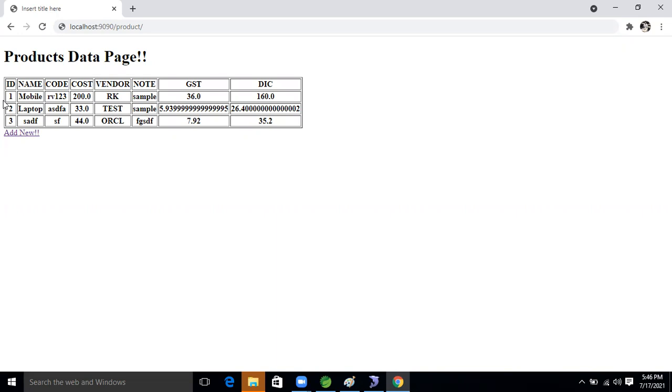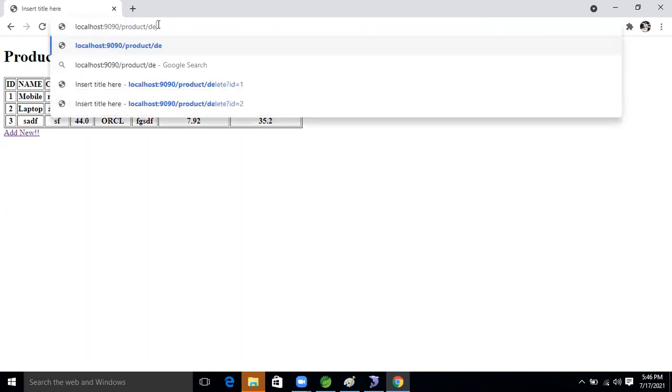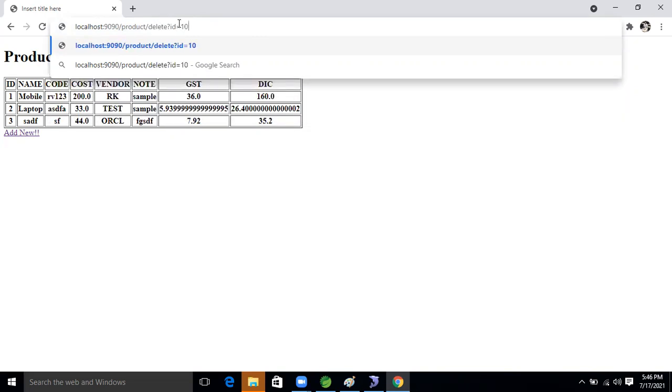So here, what is URL rewriting? Okay, so what is URL rewriting, guys? Actual path is our application, just think about that. Delete, after that a question mark we are taking, right? Just think about that, id equal to, just 10. So this id will come dynamically; at runtime our application will decide.